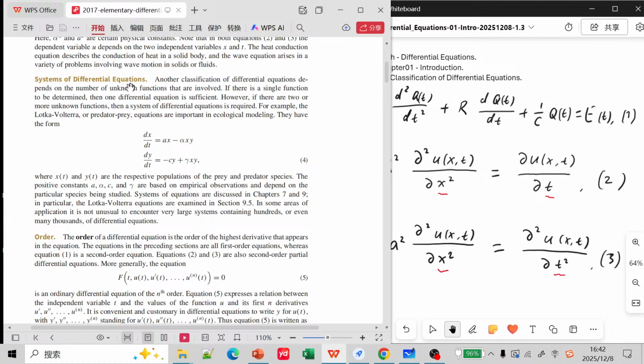Systems of differential equations. Another classification of differential equations depends on the number of unknown functions that are involved. If there is a single function to be determined, then one differential equation is sufficient. However, if there are two or more unknown functions, then a system of differential equations is required. For example, the Lotka-Volterra, or predator-prey, equations are important in ecological modeling. They have the form